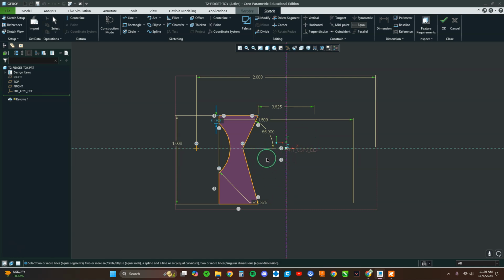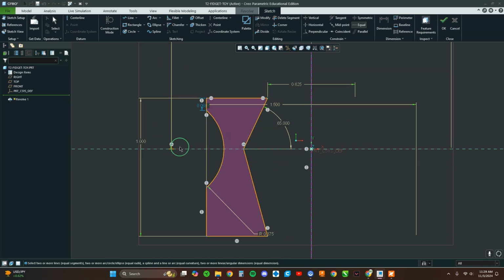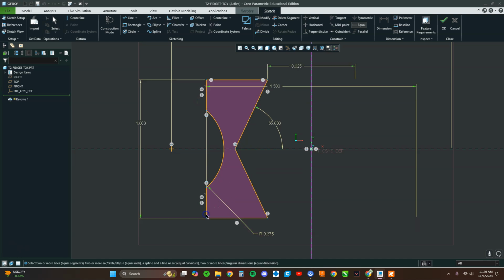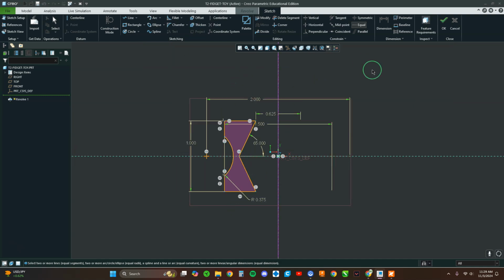And we can make a couple different things equal where it'll fix it. But some nice easy ones is we can pick this little vertical line here. We can pick this vertical line here. And now these two are equal. It's going to center it about the middle. All right. Now, if all these dimensions are in here, and they're nice and yellow, or whatever your Creo setting